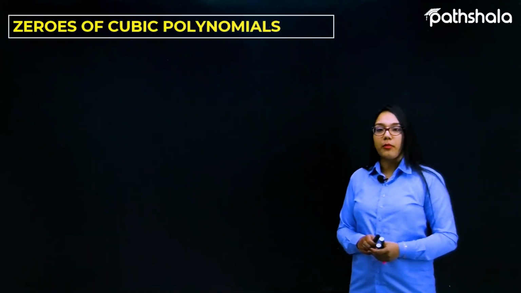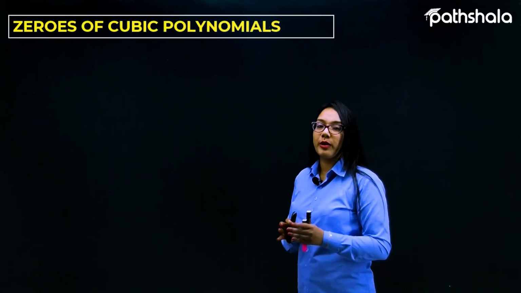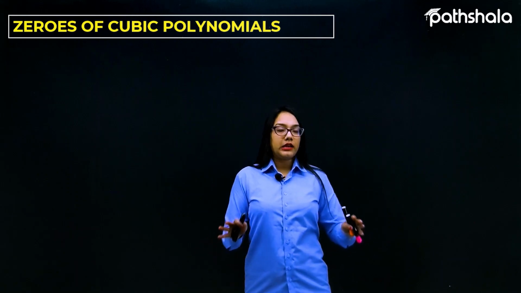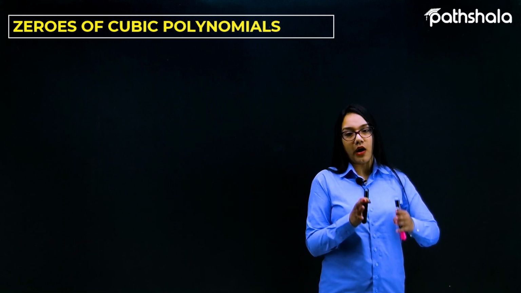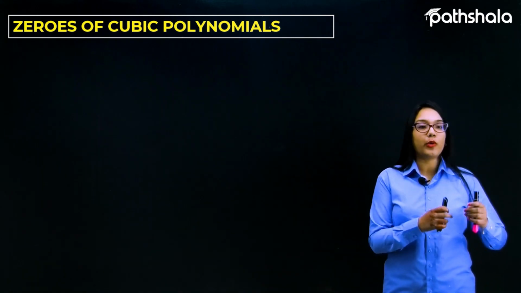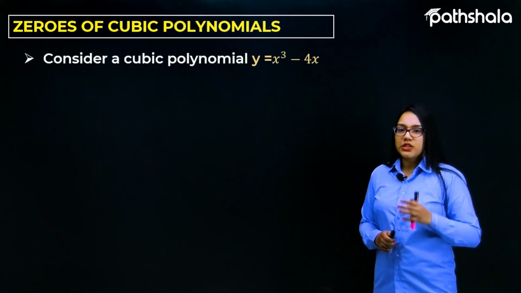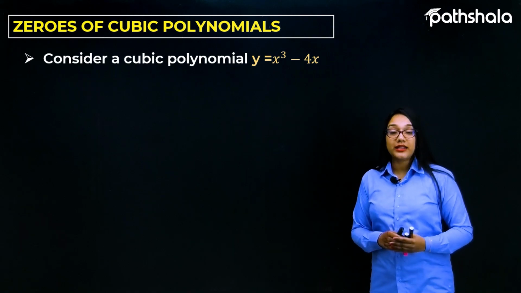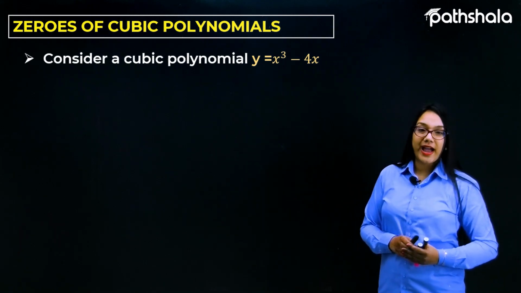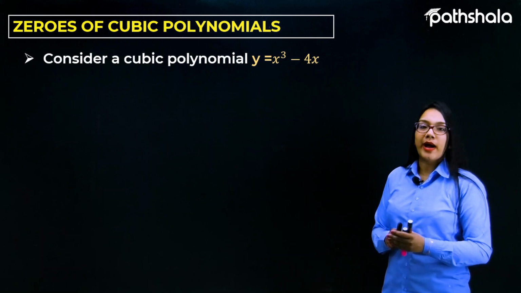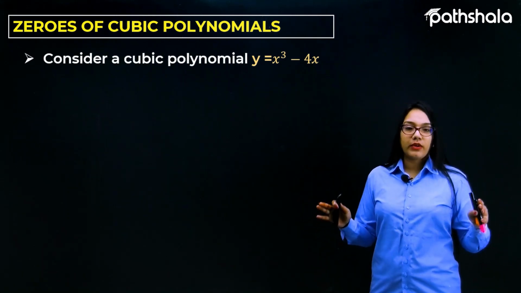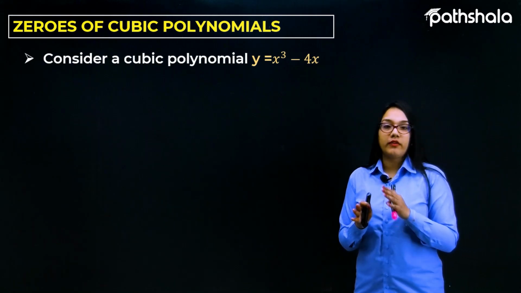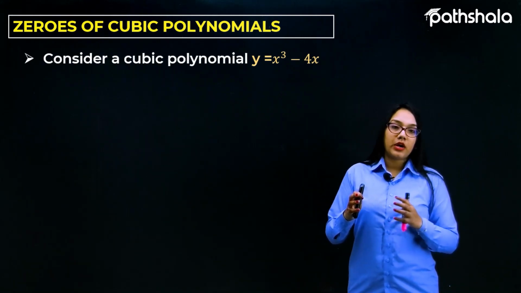Now let's talk about the zeros of a cubic polynomial. In the same way as we have talked about the linear polynomial and the quadratic polynomial, now we have to talk about the zeros of a cubic polynomial. So what is the meaning of that? Let us suppose we are considering a cubic polynomial y is equal to x cube minus 4x. In the same way, we will draw the graph,